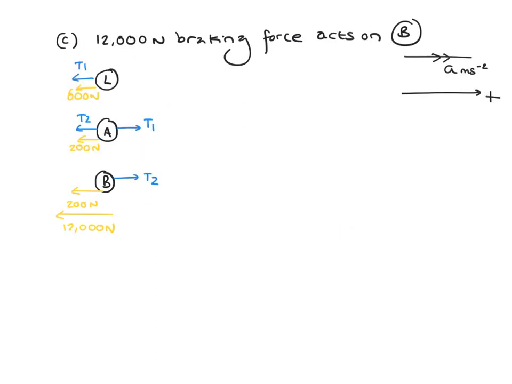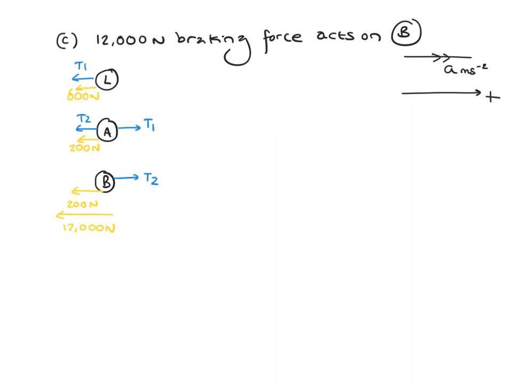So now let's look at the final part of this question, which is where the 12,000 Newton braking force acts on B. Now, we've set up the three force diagrams again, the only difference being that the 12,000 Newtons acts on B rather than the locomotive. We're going to assume that the acceleration is to the right. We're going to take going to the right as positive. You'll see from the previous question that it actually doesn't matter, because if something turns out to be in an opposite direction, you'll get a different sign,